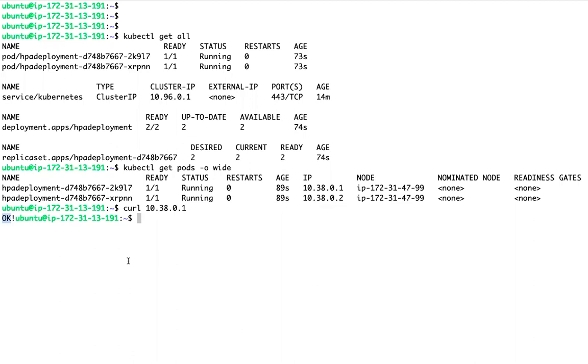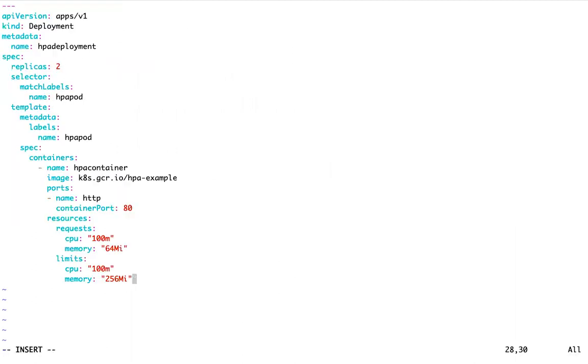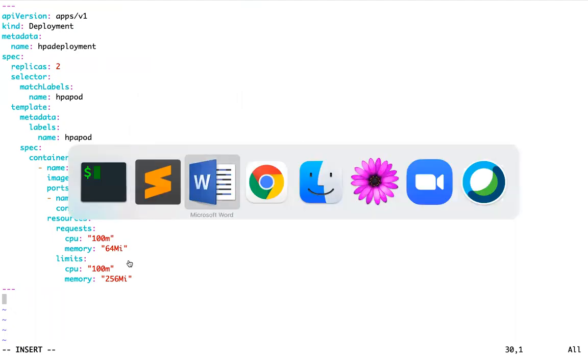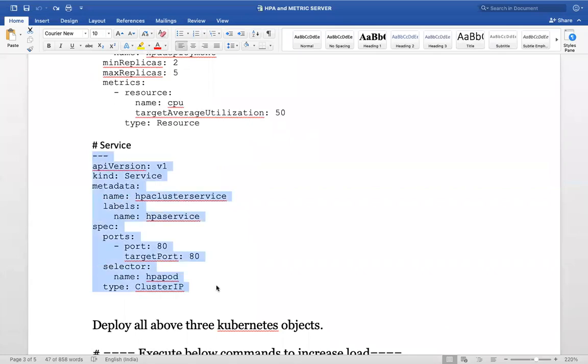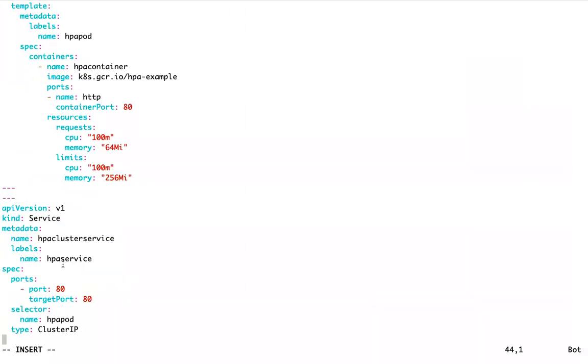I am getting a response. Okay. Now, how can I access within the cluster or outside the cluster? If I want to access outside the cluster, I need to create a service object. You know what is service? I don't need to mention. Container port is 80, so target port is also 80, because container port itself is 80 for this application. My service port is 80.